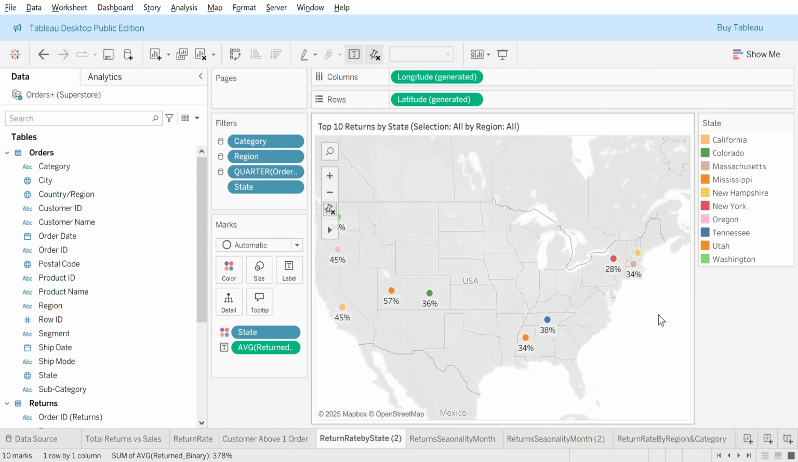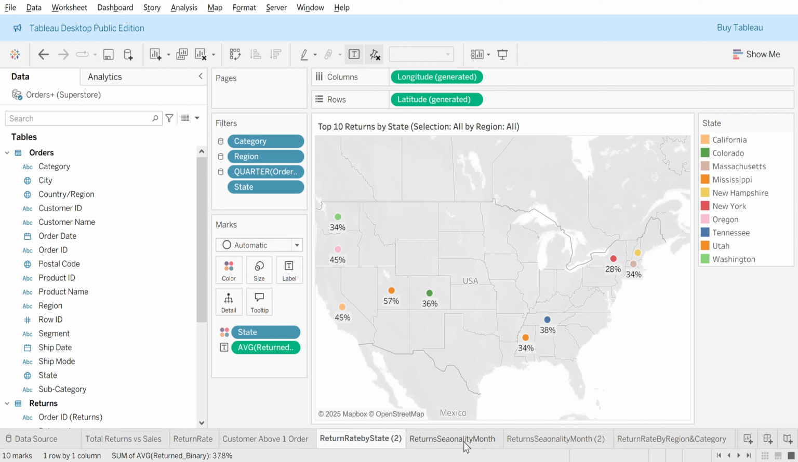Here we have the top 10 states where there are most of the returns. And if you notice, states like Utah, California, Oregon, Washington have the highest number of returns. So definitely this is something where we need to investigate why there are a high number of returns and what could be the reason. Maybe there is something related to logistics, maybe something related to timeline. So again, I would be recommending the team to double click on that and